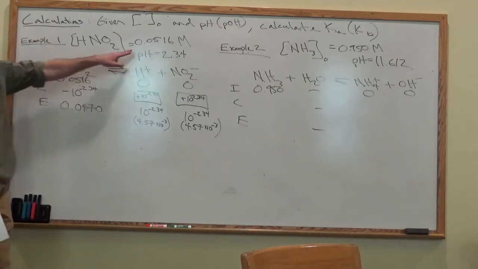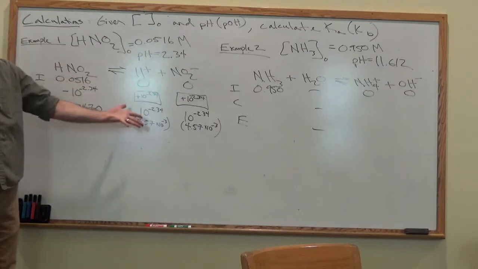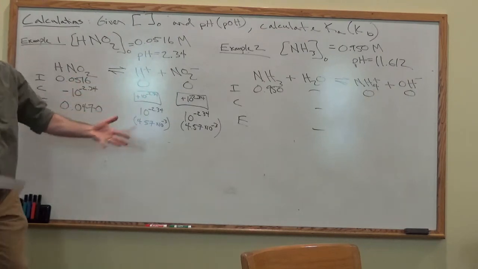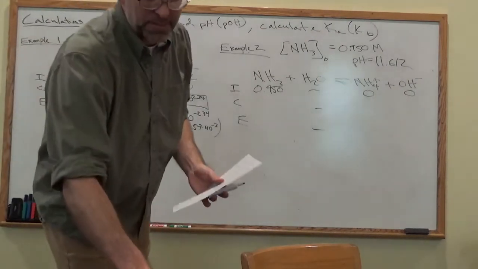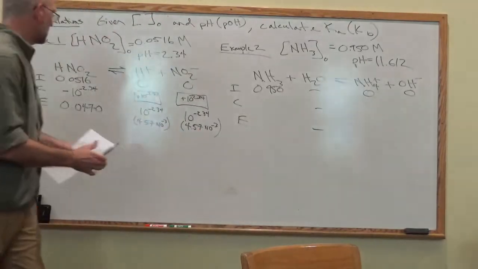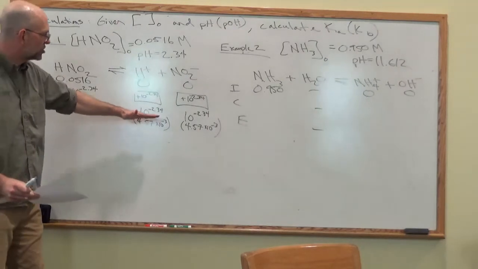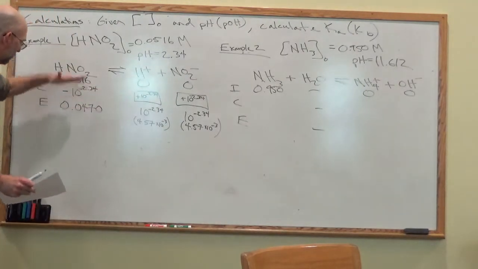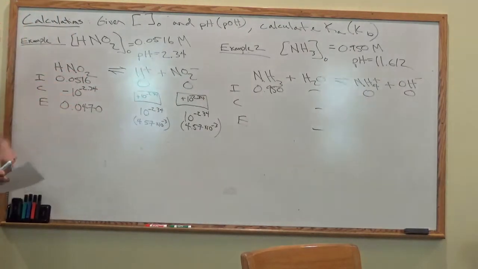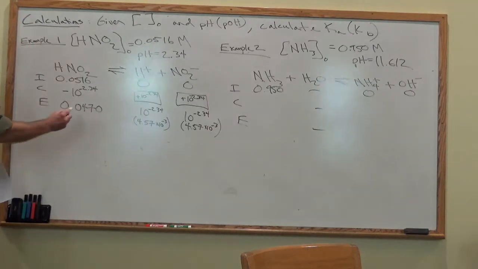See that? The pH indirectly tells you what your x is. That's what it does, because it's an equilibrium measurement. And because it's 1 to 1, it's pretty straightforward. So just take 10 to the minus pH, and those are your x's, and then reduce the initial by that amount. So we've got now